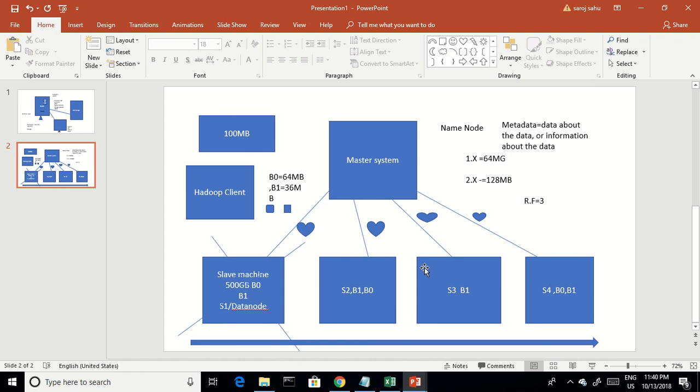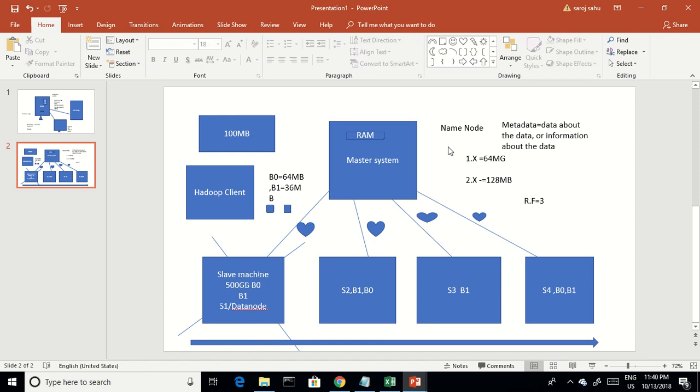from the slave machines. So what is metadata? Metadata can keep information like the size of the data, the blocks of the data, the permissions of the data, and much more. The complete information of the data is stored in the master machine's RAM. The metadata is stored in the master machine.